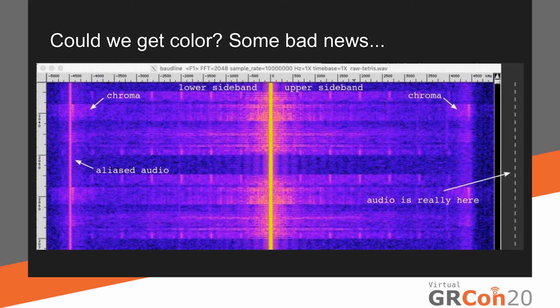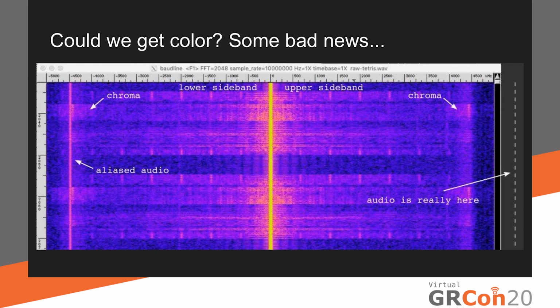Here we see the video carrier from the NES. It's an AM carrier, and it just fits in the 10 megahertz bandwidth of the AirSpy R2. Now the chroma signal, which is the color signal, is on a subcarrier at around 4.5 megahertz. But on the LSB side, you can see something nasty going on.